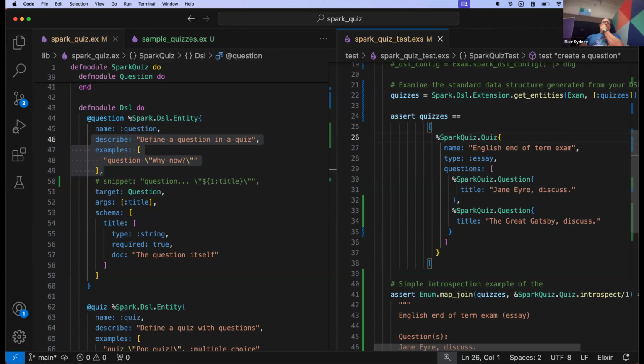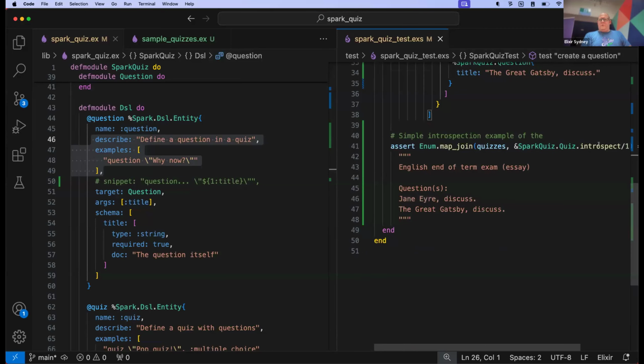When Zach and I were sitting down talking about our training at Elixir Conf, I was like, oh, it's really hard to understand and read and visualize the Ash policy authorization, because Ash allows you in a resource to describe who can access this and when. It's relatively easy to read, but hard to visualize exactly what's going to happen. And he said, well, it's going to be pretty easy to introspect the DSL there and create a diagram to have a flow chart of who can access what and whether it's going to be allowed or not. So those are the kinds of things you can do with introspection.